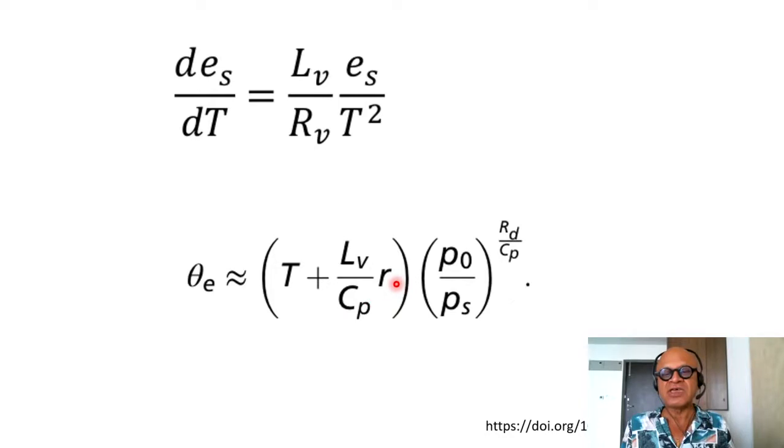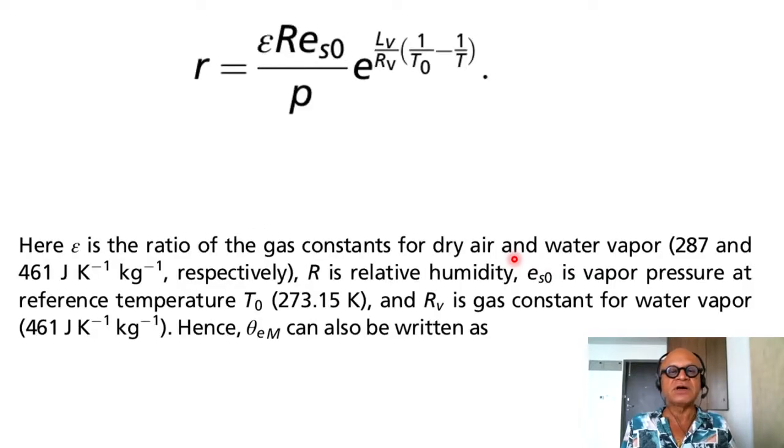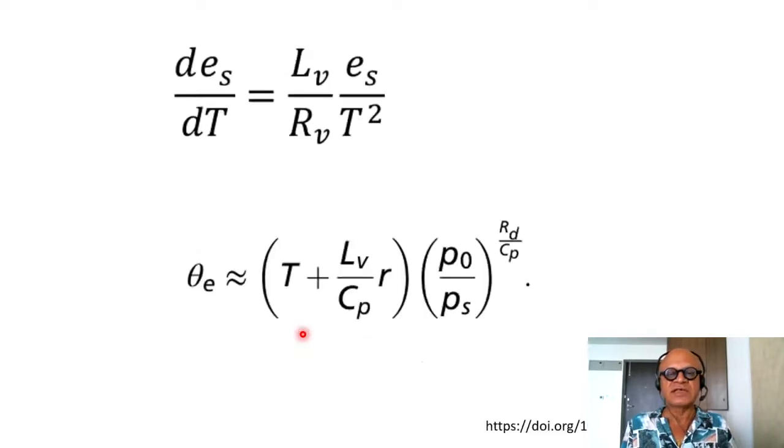Remembering that R here, then multiply by P0 over Ps, where P0 is the pressure at any level, divided by the surface pressure, to the power Rd over Cp, where Rd here, let's see, did I define what Rd is? Rd is of course the gas constant for dry air. So Cp is again the same. So remembering this